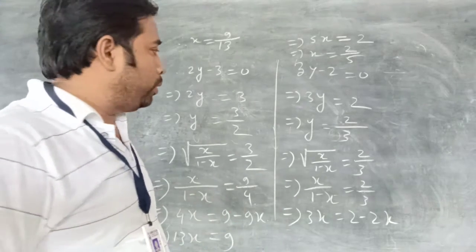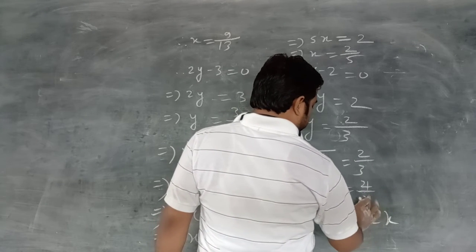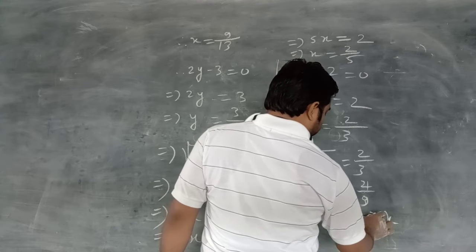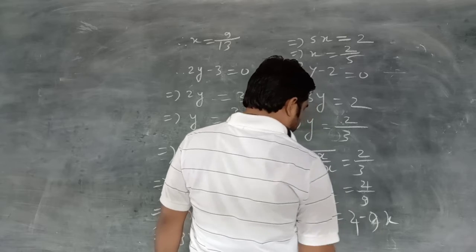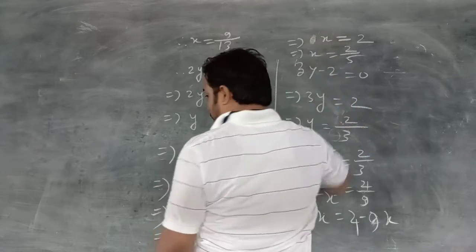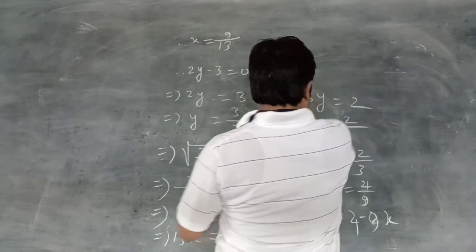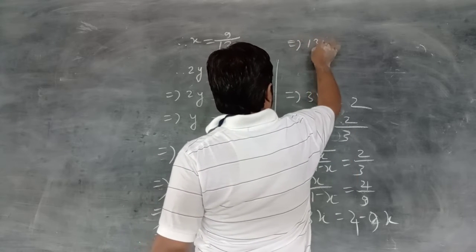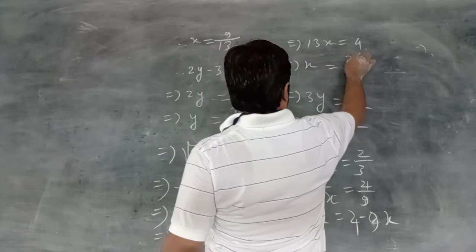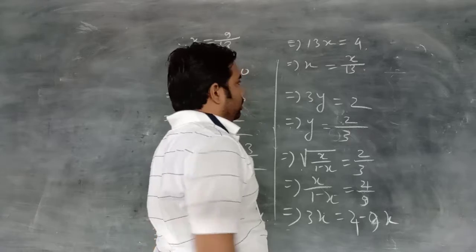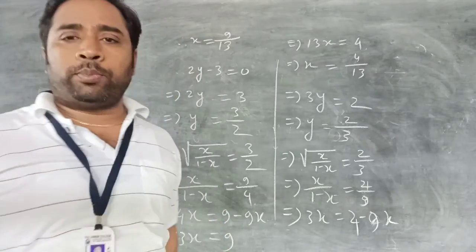Just a minute. See what mistake we have done here. Here I make square on both sides. So this becomes 4, this becomes 9, this is 4, so this is 13 again. This part is 13 again. So this is 13x equal to 4. So x equals 4 by 13. That one you can do by yourself also. Okay, so you have completed the sum.